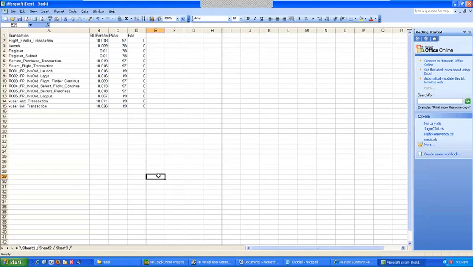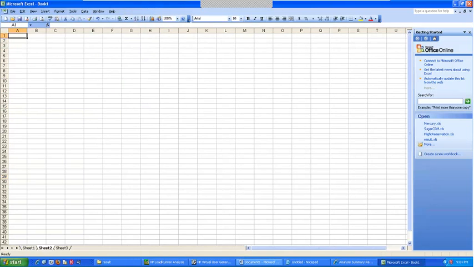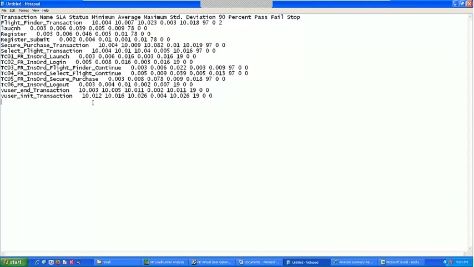Now when you are seeing it, it will be a little difficult, but what I usually do, I'll show you. I won't do all like this. When I copy and paste it from here, I will remove this space. I know I don't want SLA status, so I'll take off this and keep only one space. Transaction name, space, minimum, average. Standard deviation, I'll take off the space. 90 percentile, I'll take off the space. This I know, this is what I have to do. Now I'll copy this.